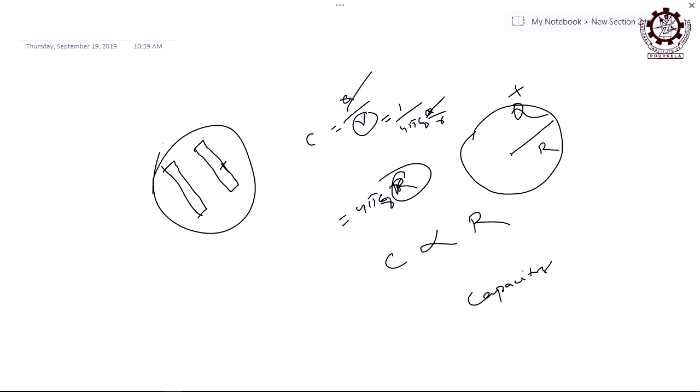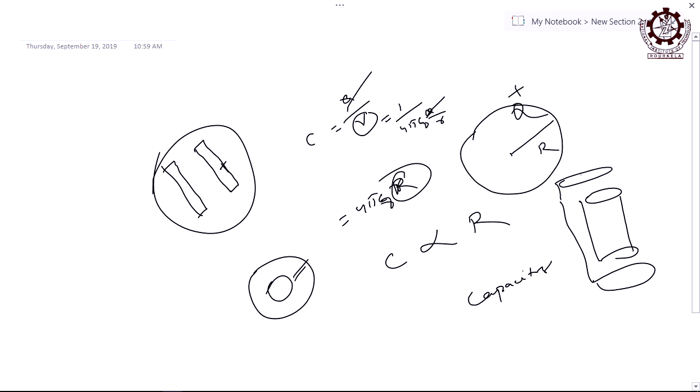And depending on the arrangement, you can name it as parallel plate capacitor, spherical capacitor, cylindrical capacitor, right. So, that we have to arrange. If it is spherical, then there are two spheres, it is a spherical capacitor, and in between there may be dielectrics or air or whatever you like. Then if it is cylindrical, then it is a cylindrical capacitor, right. These are two coaxial cylinders, and similarly parallel plate.